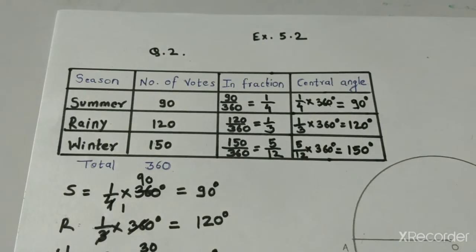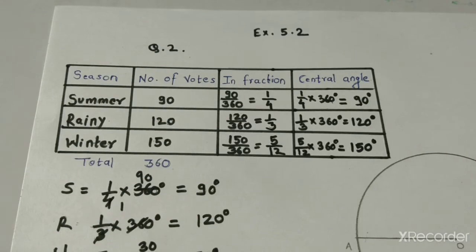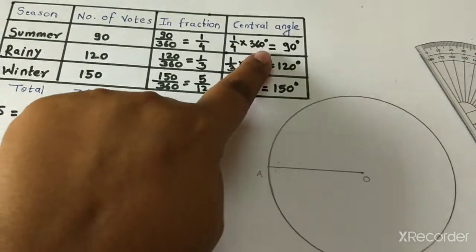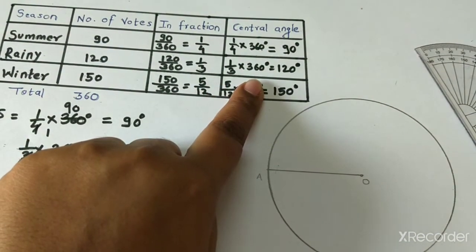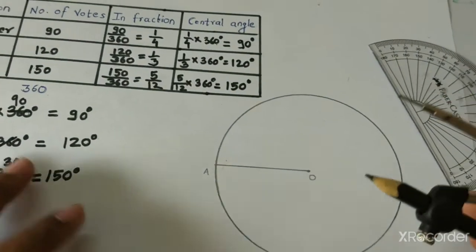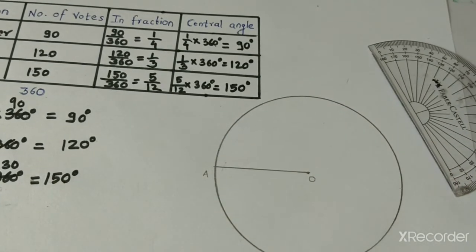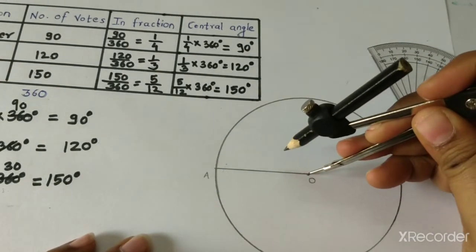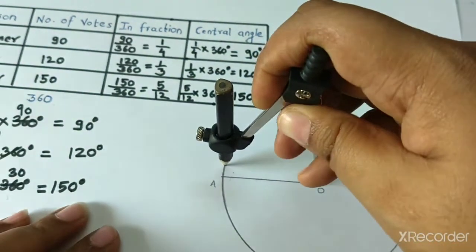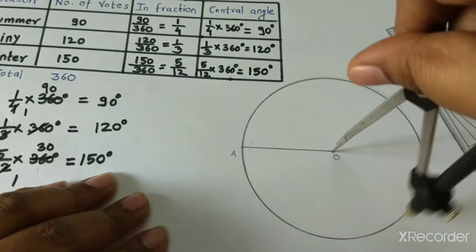That is how to find the fraction and the central angle of each sector, right? Now we will start drawing the pie chart. Once your data is ready and the central angles are ready, you will start drawing a pie chart. For drawing a pie chart, first of all, you will require a compass, okay? Put a pencil and take any convenient radius, children, any convenient radius, okay? In your book, on your page, you should comfortably draw that radius.